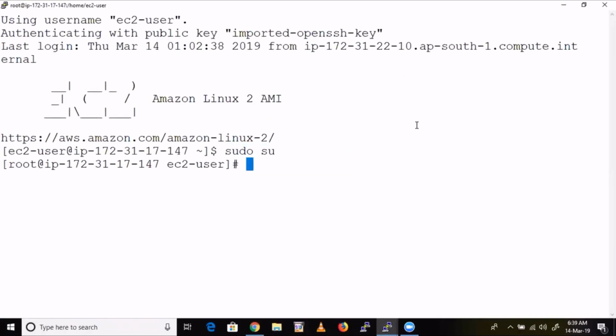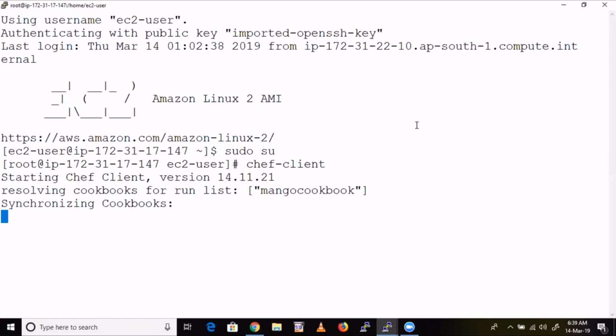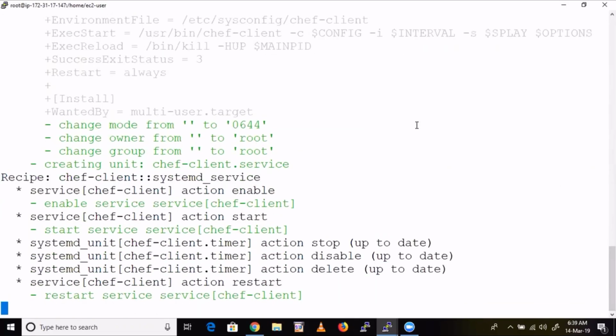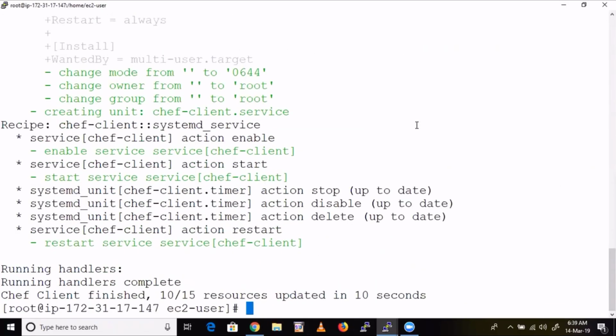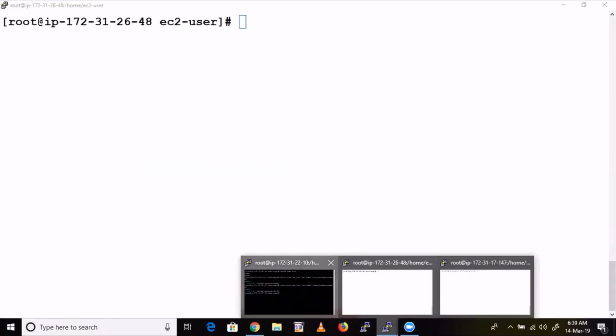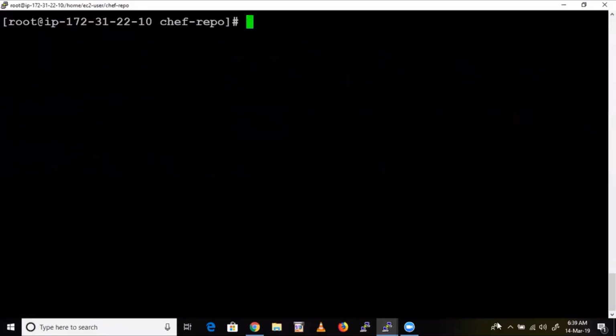Sudo chef client. That's it, guys. We have automated chef client. Now onwards, we will not touch this node anymore.